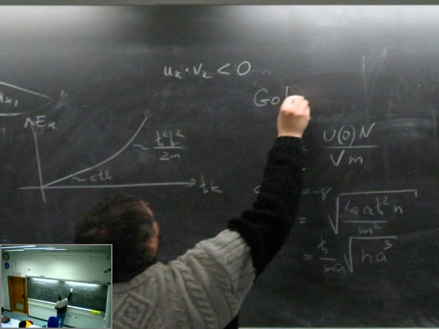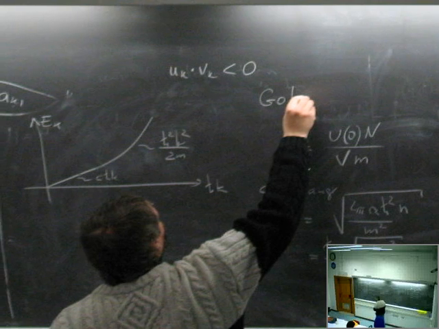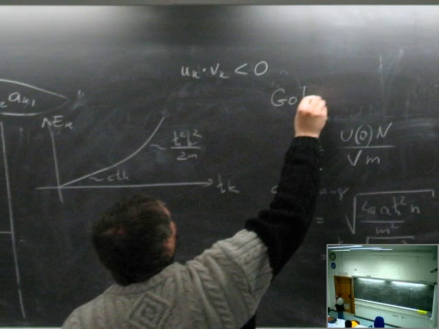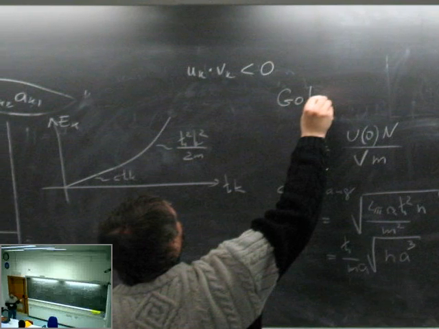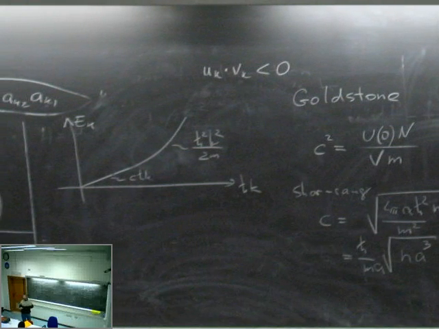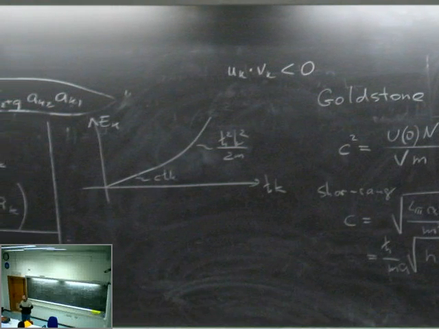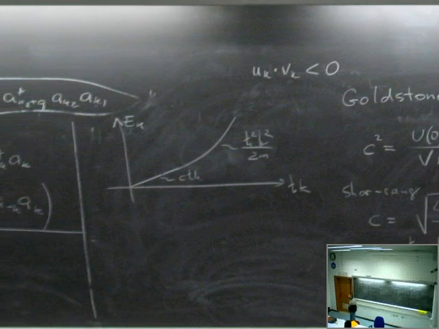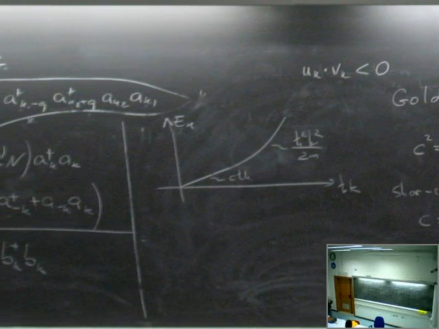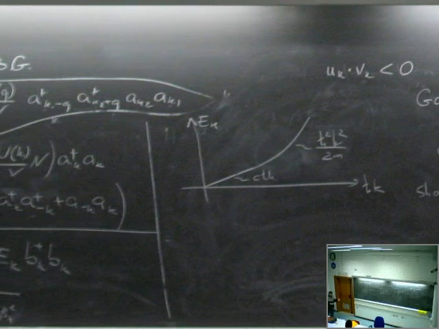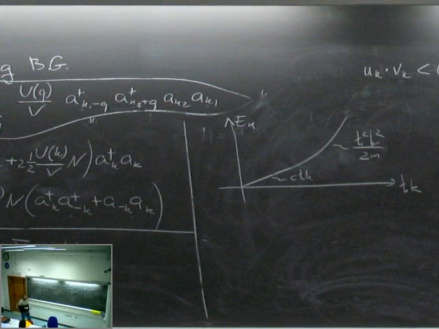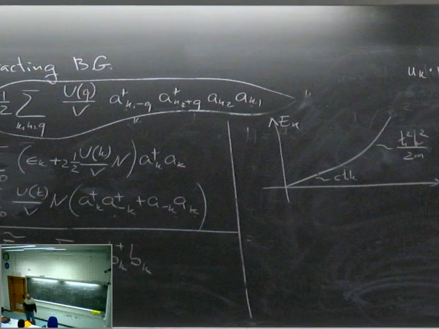Goldstone theorem, which tells us that in a system with a short-range interaction, when a continuous symmetry is spontaneously broken, there exists a gapless branch of the excitation. So in the next lecture we will see what kind of symmetry is broken, and anticipating, I can say that we already discussed that our Bose